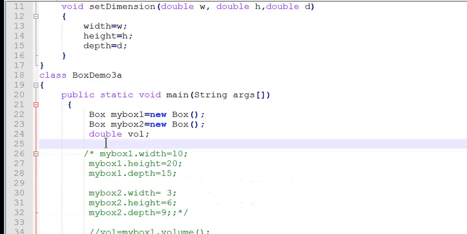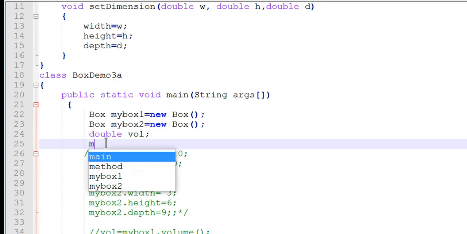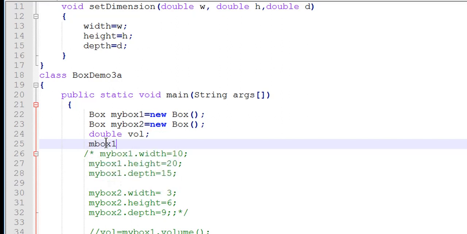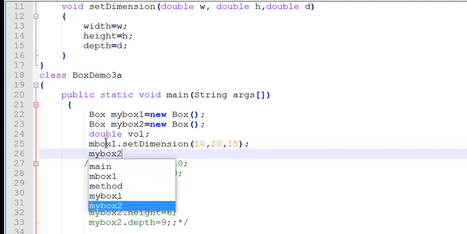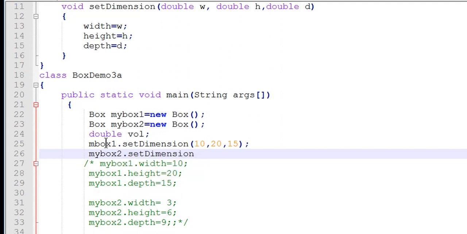What we can do is call the method setDimension with the box object: myBox1 dot setDimension of, what are the values, 10, 20, 15. Similarly, myBox2 dot setDimension of 3, 6, 9.